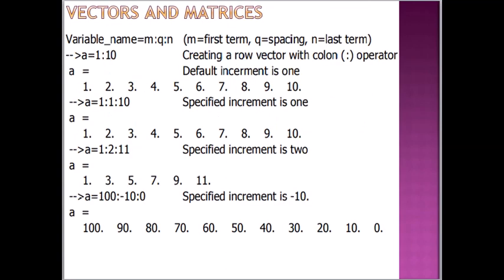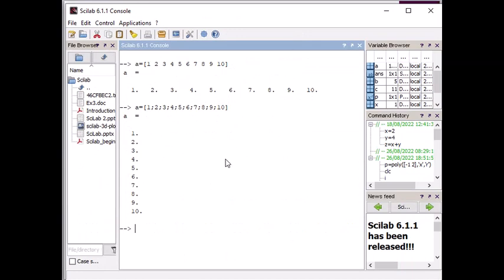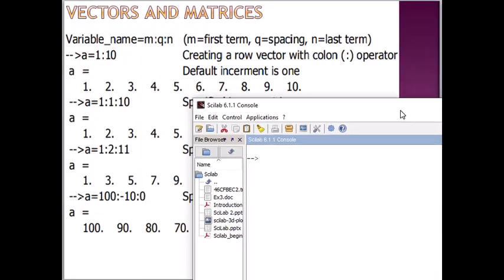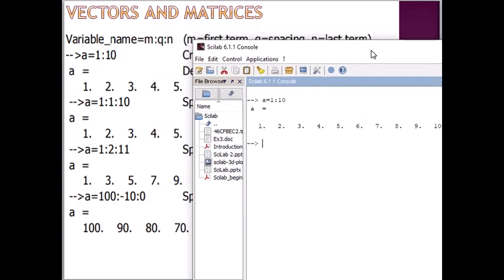vectors and matrices. We have to write the row and column of the matrices. If we need to show the variables, we can write a variable as follows. If you need to write some variable like a is equal to 1 up to 10, then we get the row values, right?